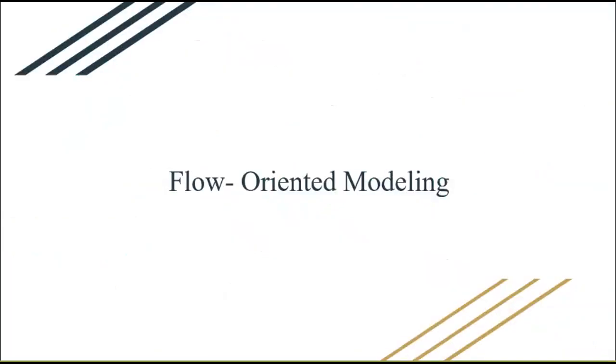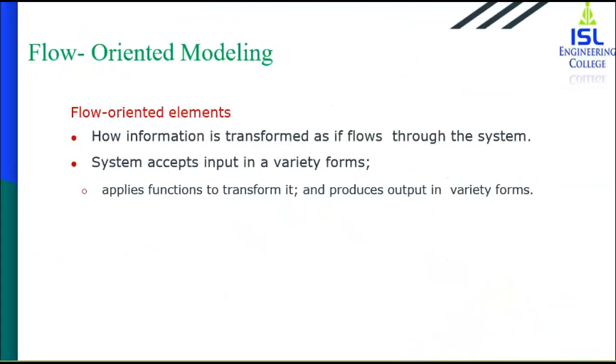The next topic is flow oriented modeling. Now within this flow oriented modeling, you're going to make use of a diagram that is called a data flow diagram. Now, as the name suggests, data flow diagram is going to tell you how data is flowing from one entity to another entity. Now, this flow oriented model, or if you get the heading as flow oriented elements, it is the same thing. That is why I've added both the side headings so that you people do not get confused. Now, these flow oriented elements tell you how information is transformed as it flows through the system.